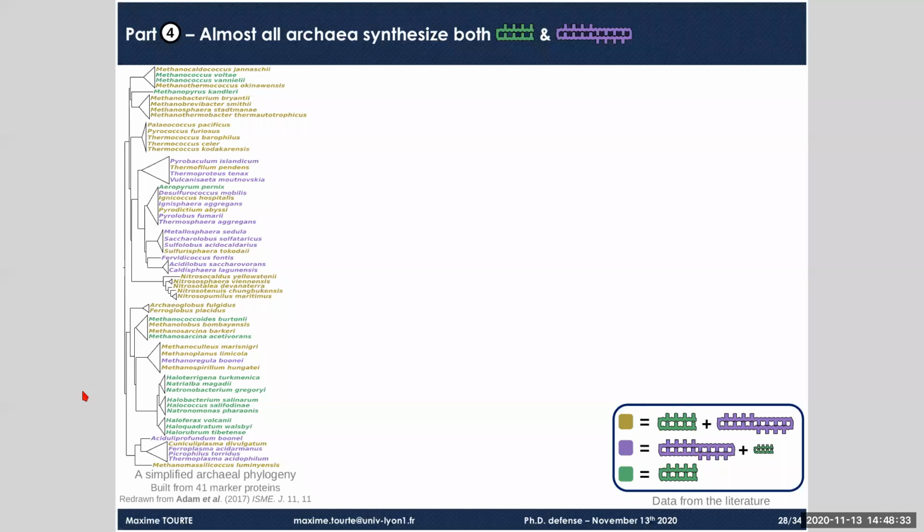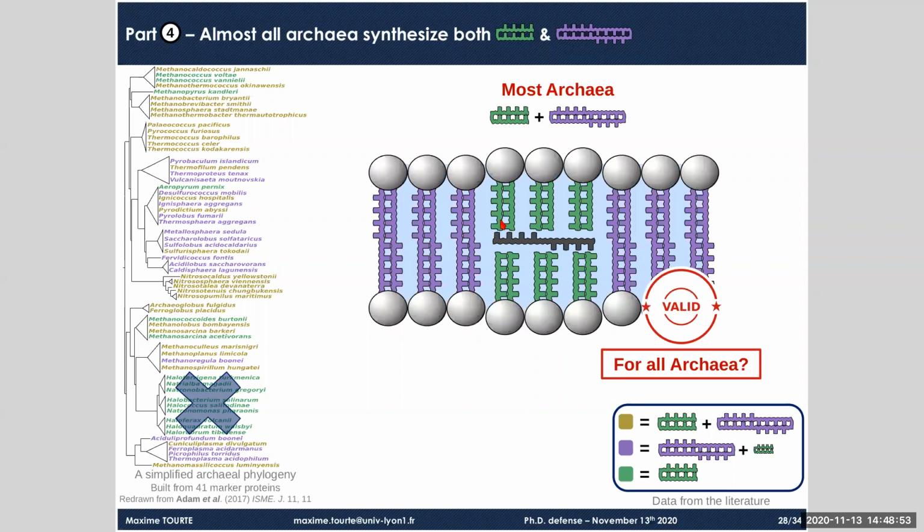We superimposed this lipid composition on the phylogenetic tree of Archaea. And what we can see at first is that with the exception of this green group here marked by the cross, all Archaea were able to synthesize both diethers and tetraethers, obviously in different proportions, but still they could synthesize both of them. And this suggests, just like for Thermococcales, that maybe the membrane organization that we have suggested for Thermococcus barophilus could be widespread in Archaea.